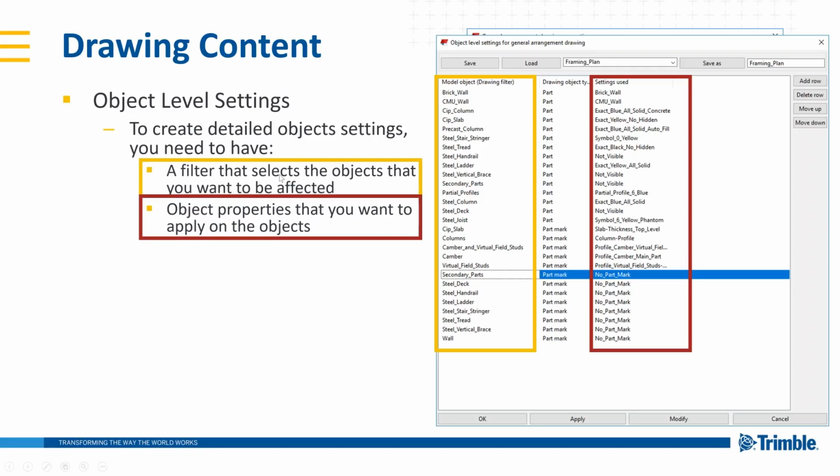And so here you can see I've got a filter that selects the objects you want affected and the object properties you want to apply on all of these objects. In Tekla Structures, we've gone through and we've created some defaults. This is the default for a framing plan, and you can go in and load these settings. This is exactly out of the box. This is nothing custom. So you should be able to load this in the engineering role. If you're using the engineering role, you'll be able to see these framing plan options,